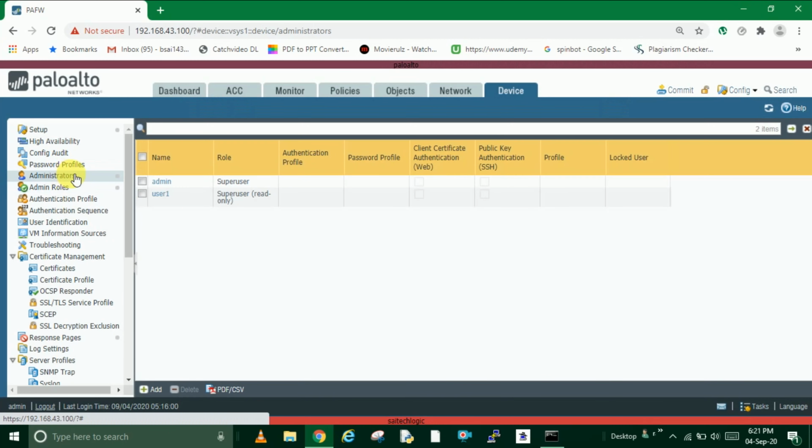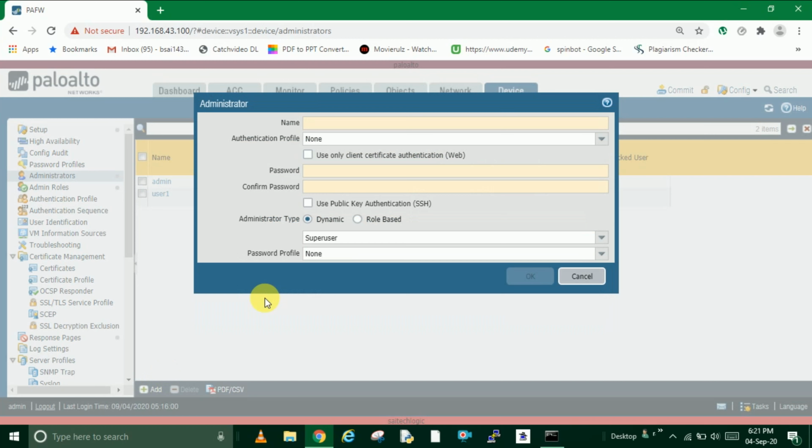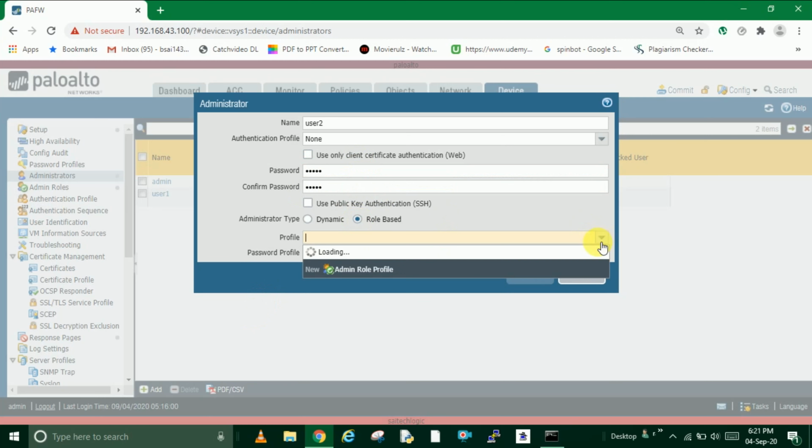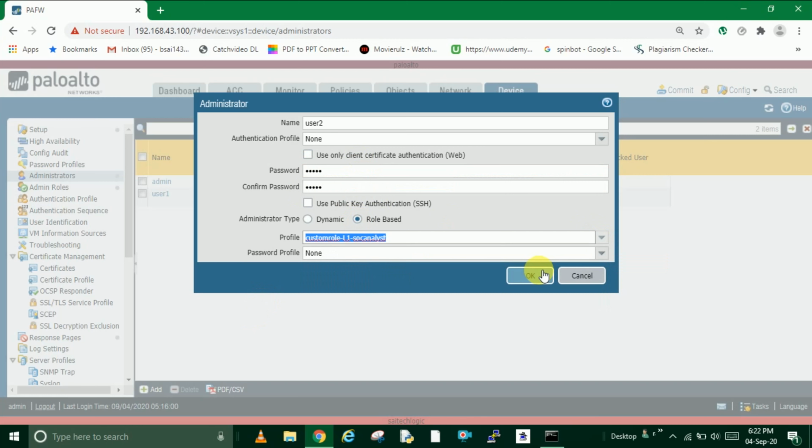Go to administrators, add a new account, user 2, admin, and click here role based. Select our custom role which we have created here. Then click on OK.